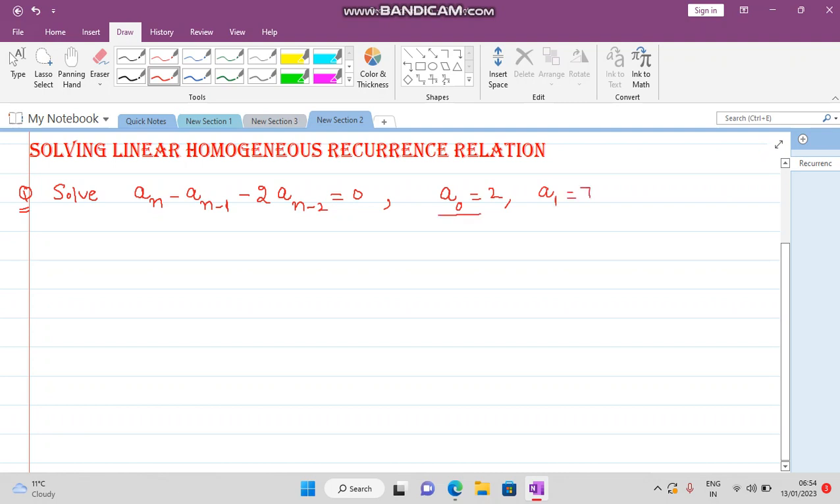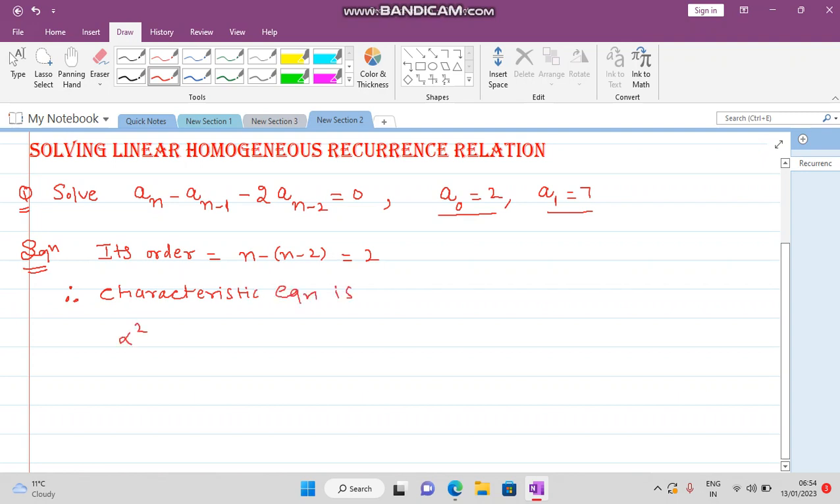Okay, so whenever you are given these boundary conditions, you need to find the values of the constants also after finding the solution. Okay, so the solution. What is its order? See, its order is n minus 2, so it is 2. Okay, so therefore the characteristic equation is